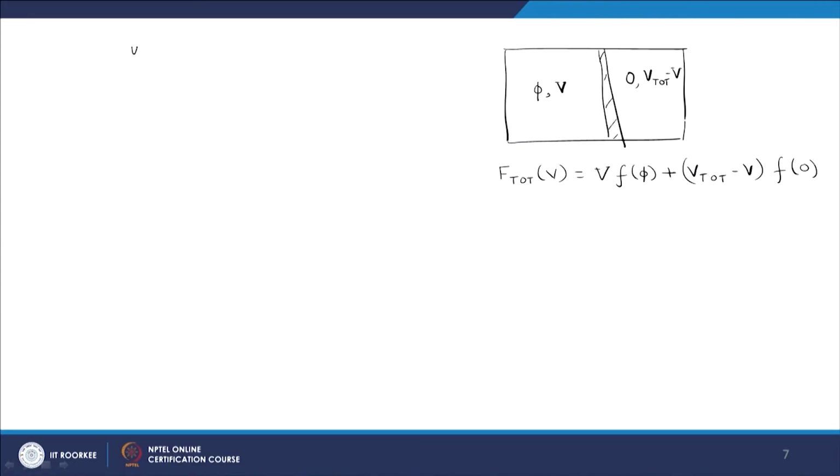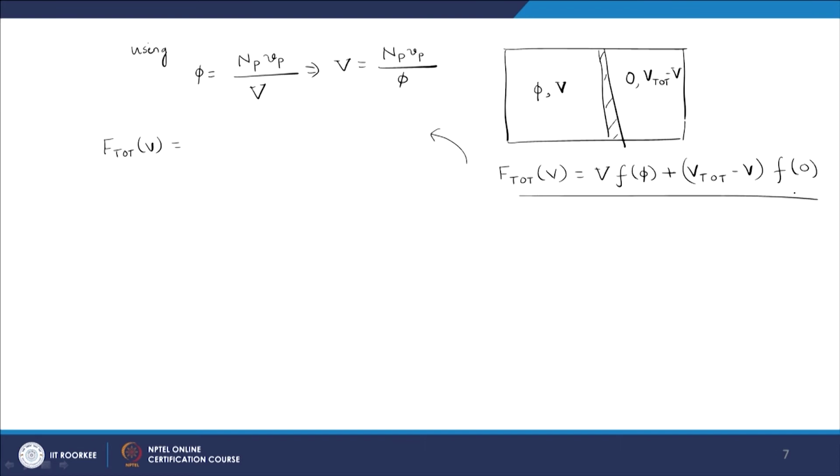And now, if I use the definition of phi, that is the number of solute particles multiplied by their specific volume divided by V, I can write F dot of V from here. I am simply replacing the capital V in terms of phi. So, we have capital V is equal to Np Vp divided by phi. I will plug in that value of capital V in the equation I have written earlier, and I will have